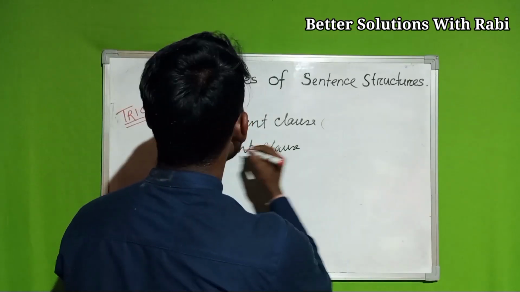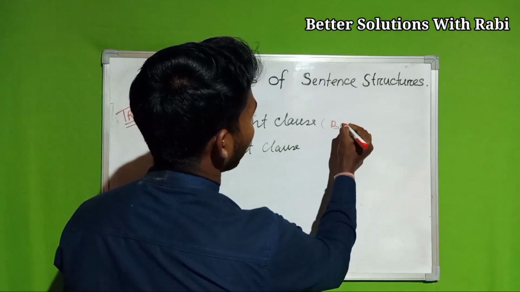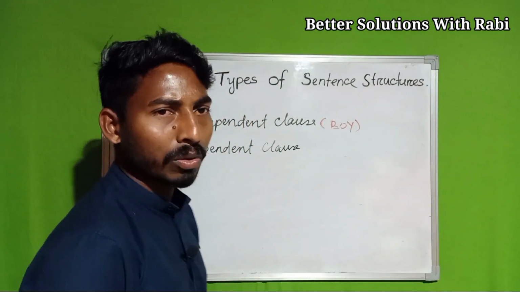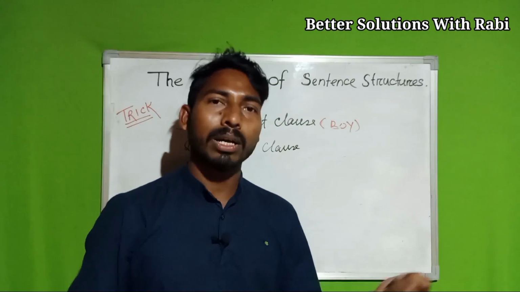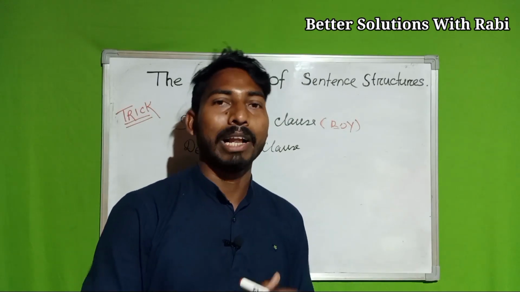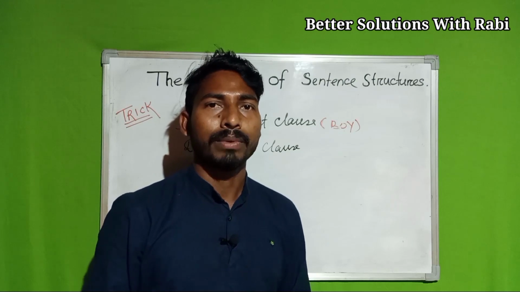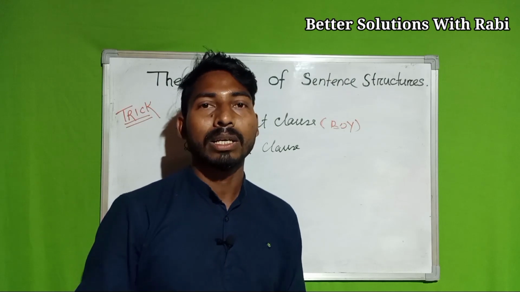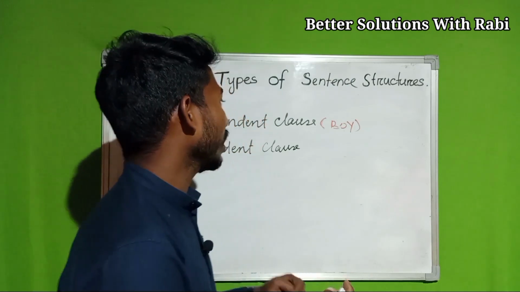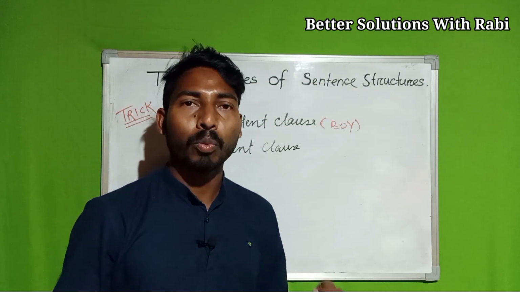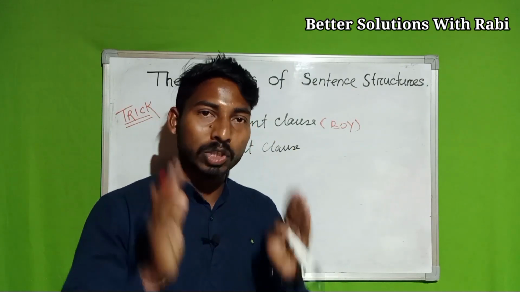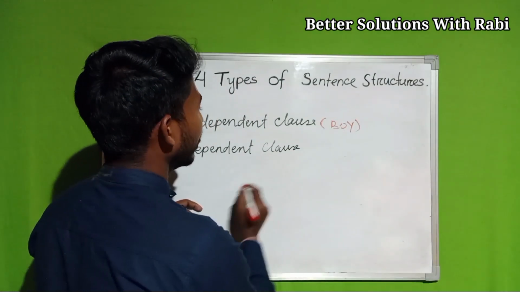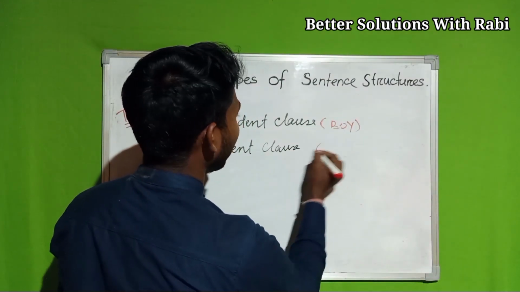So let's take an example here for the independent clause, boy. Okay, boy, here we took an example for the independent clause. And in the same way, dependent clause, okay, we always say that a girl needs someone always to be helped because she cannot do anything by herself. That's the views from the society, because that is the concept of the society, that it always thinks that the girls are dependent. But I don't know why do they think in such a way, but that needs to be changed. Okay, so let's not talk about that much. Let's talk about the dependent clause. So we can take an example for this as girls.